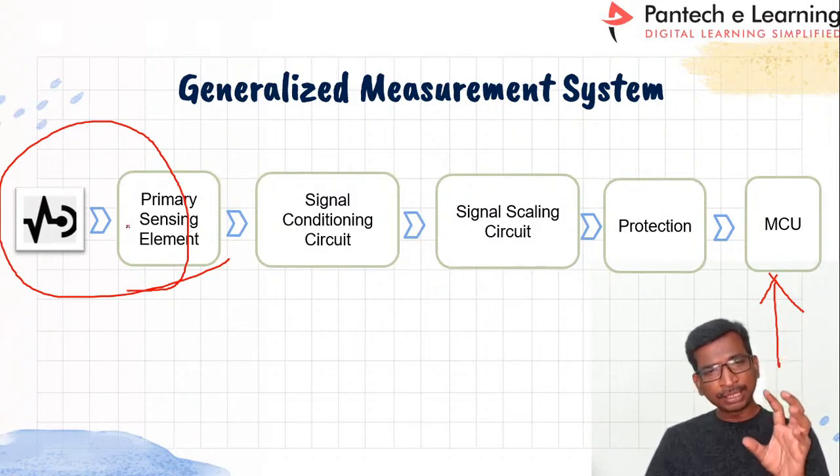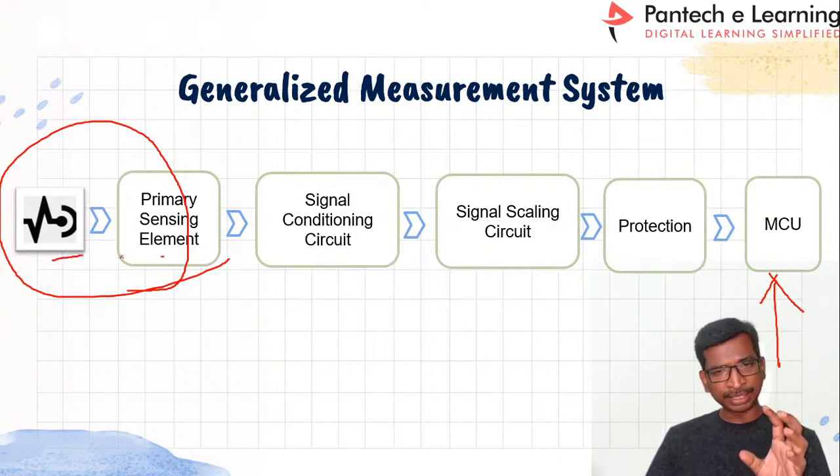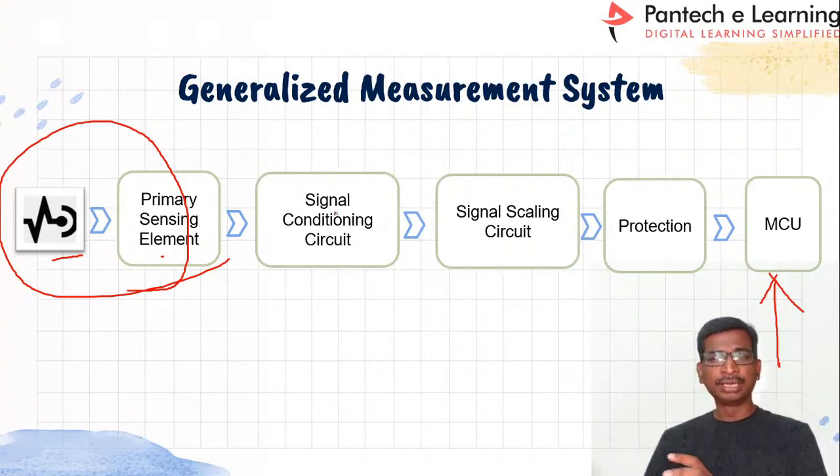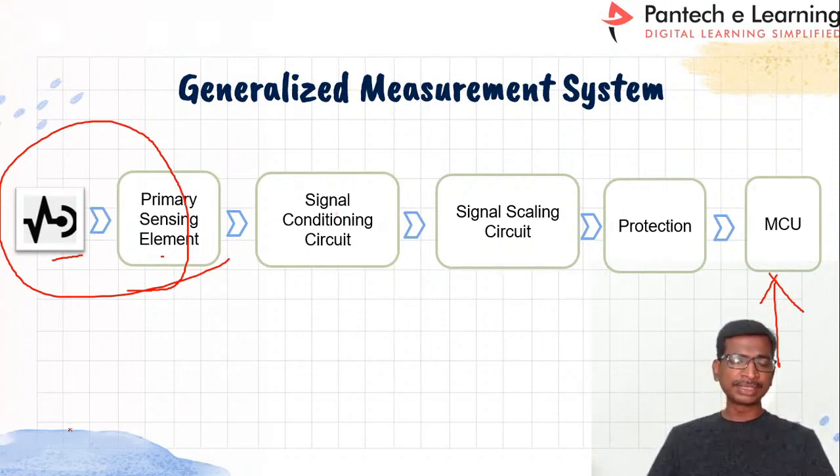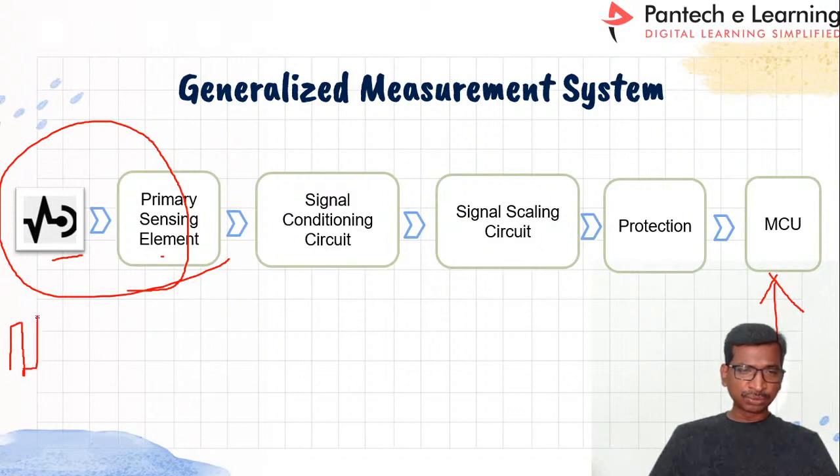So after keeping the proper element to sense the actual plant parameter, we have to feed the value to the signal conditioning circuit. See, for example, I said different types of sensors are there. Suppose you are going to measure the speed, so the speed is taken from the motor shaft. So this kind of voltage we may get. So this is called a frequency, right? So let us call it pulses.